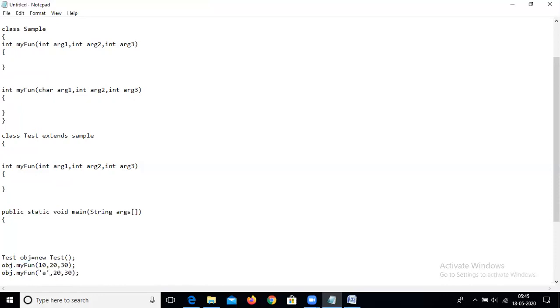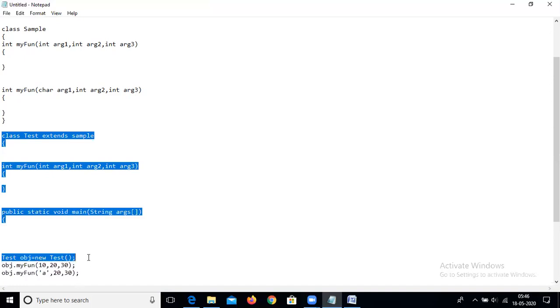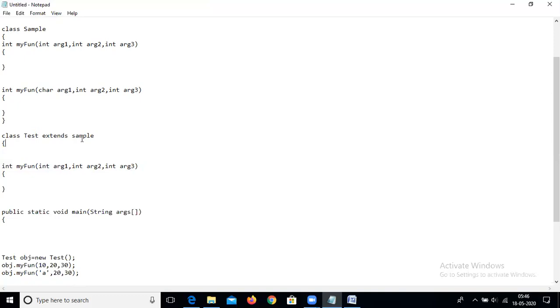Now, first, I have created the object of the subclass. This is our subclass, the test class example, and sample is the superclass. So I created the object of subclass test, which is equal to new test.